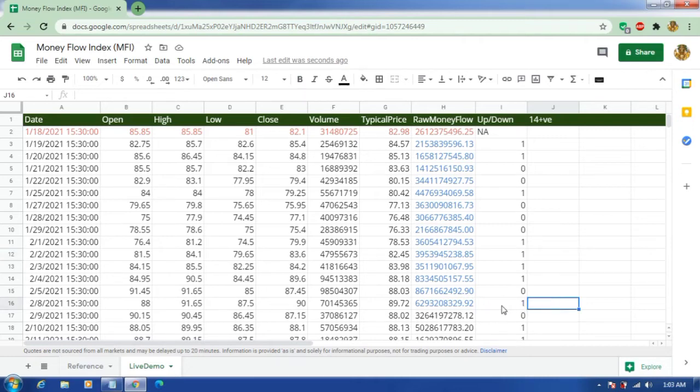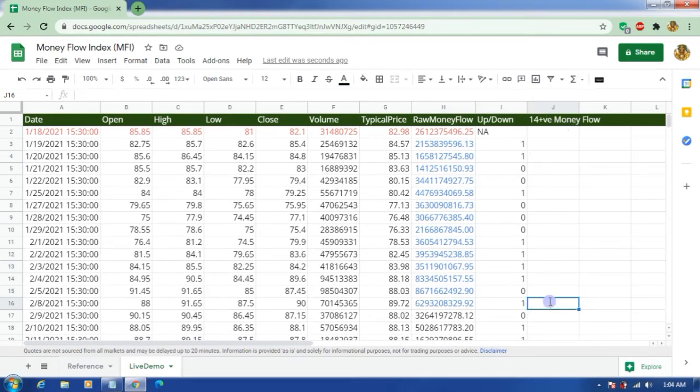So let's count this, we have 14 periods and I can calculate the 14 period positive money flow here. How to calculate this one? I can start from here. See, we have 14 periods. Perfect. I will get the 14 period positive money flow here.